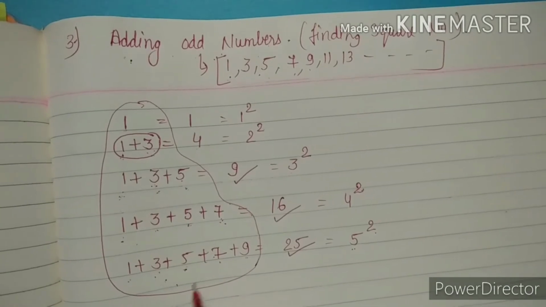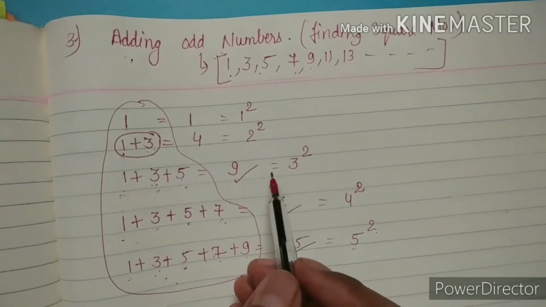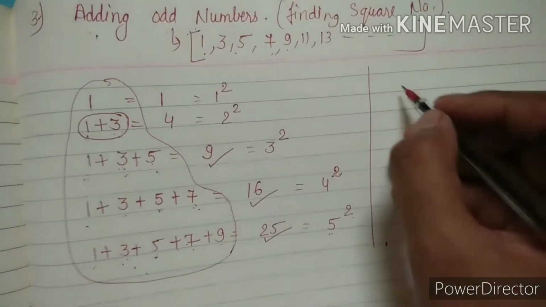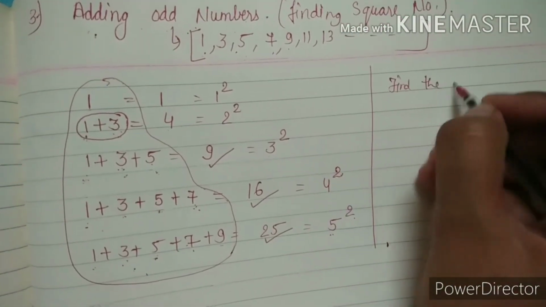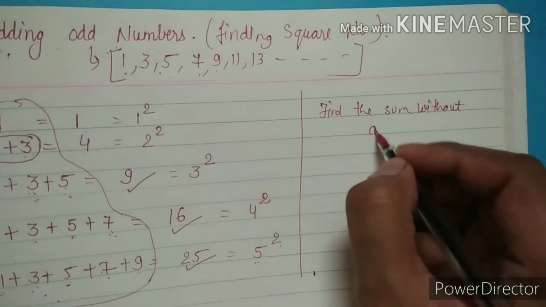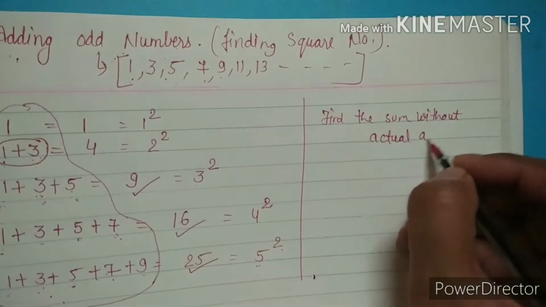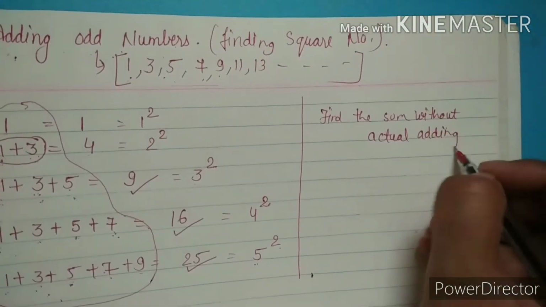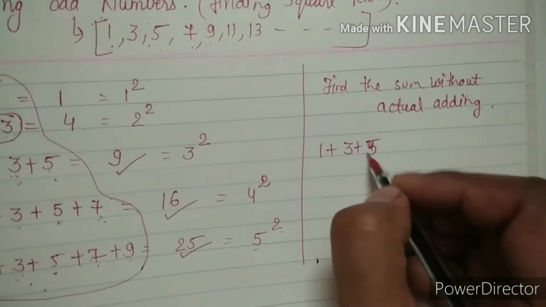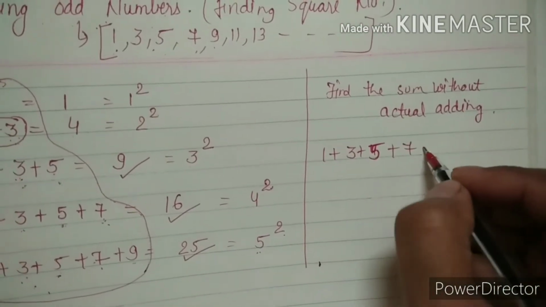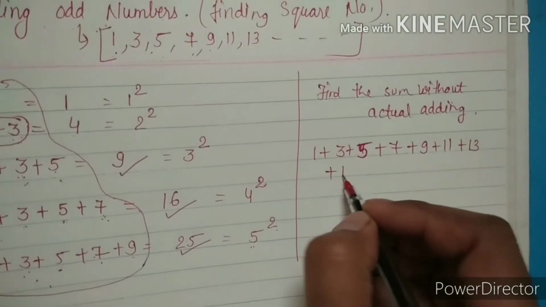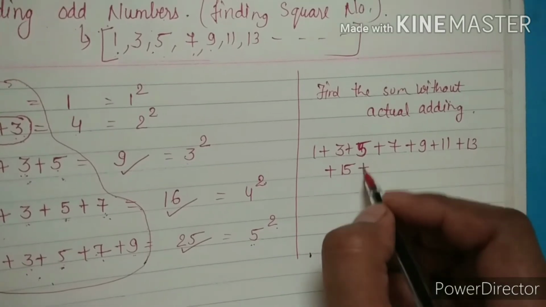We taken all odd numbers one by one. If a question asks you to find the sum without actual adding, and they give us 1 plus 3 plus 5 plus 7 plus 9 plus 11 plus 13 plus 15 plus